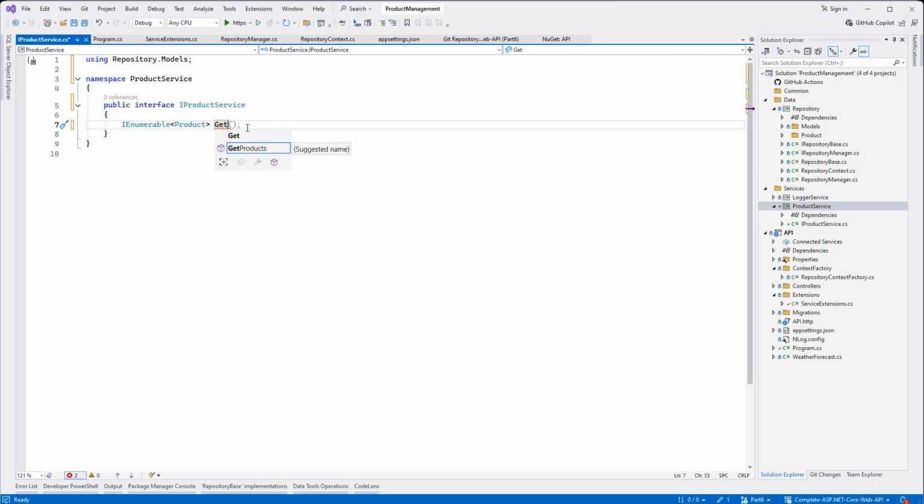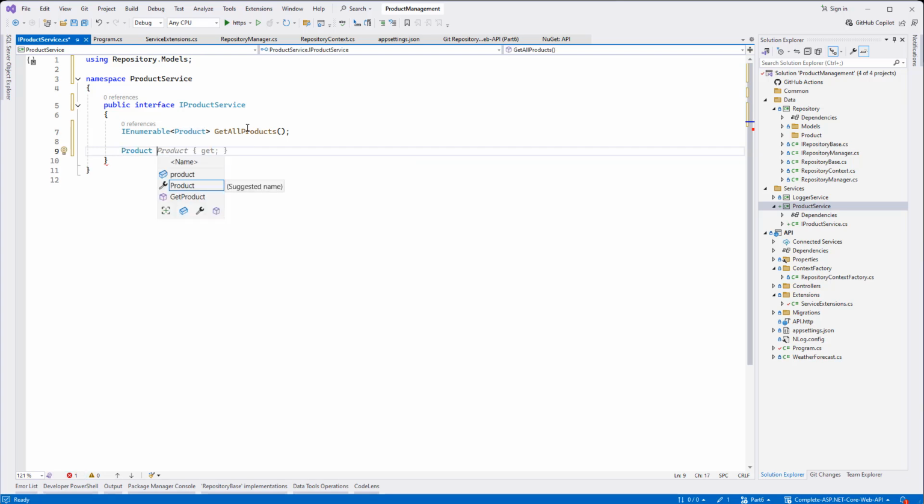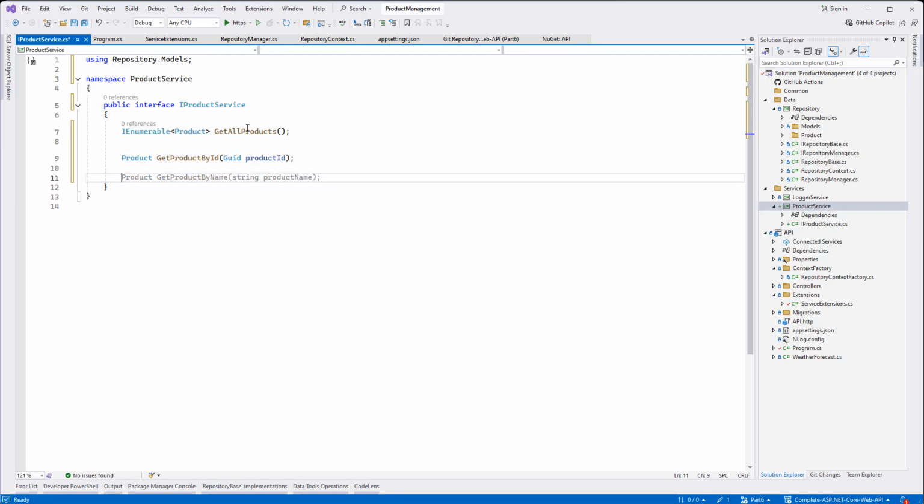Let's say GetAllProducts, right? Since it is specific to the products. Okay, then we can use another method, give it a name like GetProductById, and the ID is gonna be a GUID, and give it a name productId. Okay,